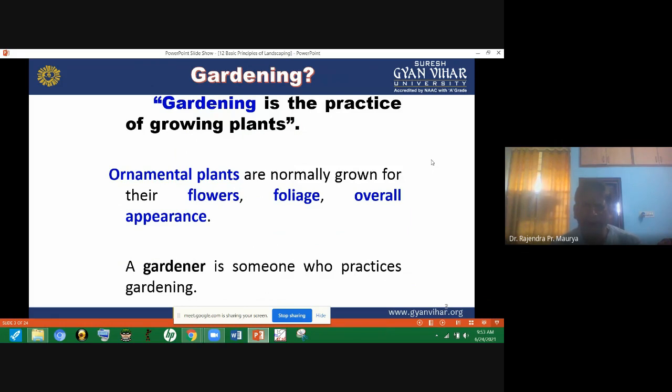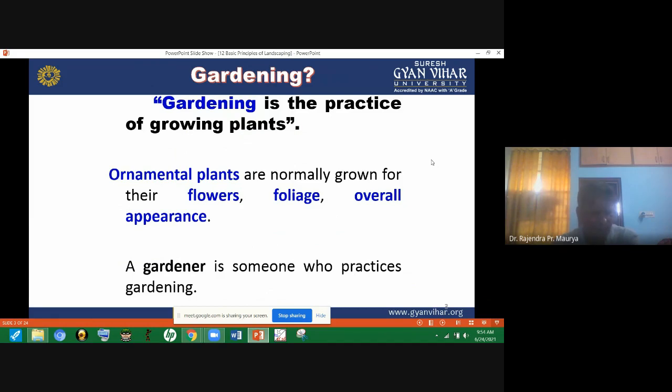If we talk about an individual one, then we see what your objective is. Are you planting these plants for avenue purposes, or do you want to enjoy the flowering beauty or foliage beauty? Ornamental plants are normally grown for their flowers, foliage, or overall experience. Some plants have both foliage as well as flowering beauty, a beautiful canopy, and an artistic structure of the tree trunk. So objectives may be different.